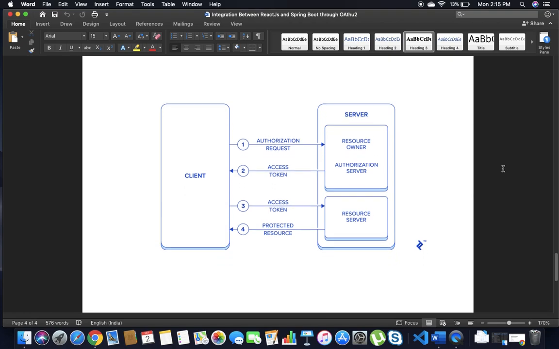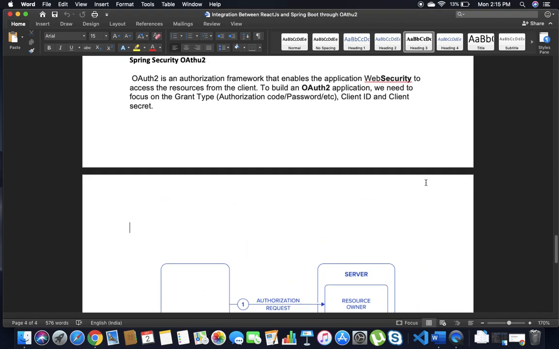So this is the basic overview picture. Client, nothing but React.js. Server, nothing but Spring Boot. In the Spring Boot, it has two components, resource server and authorization server. The client React.js uses Axios as an Ajax tool to send authorization requests to the authorization server. The authorization server receives the username and password, whatever we have provided,